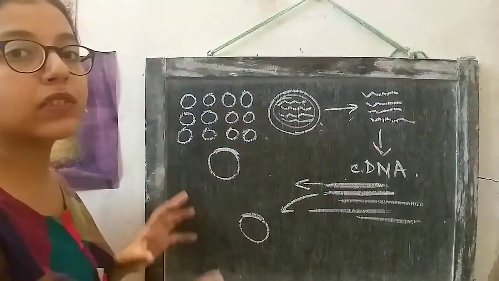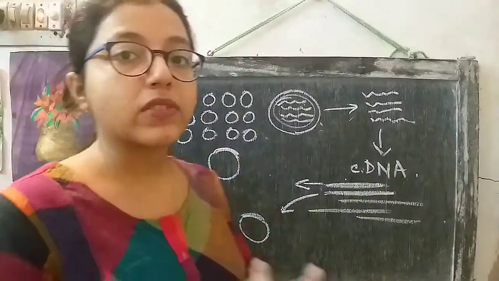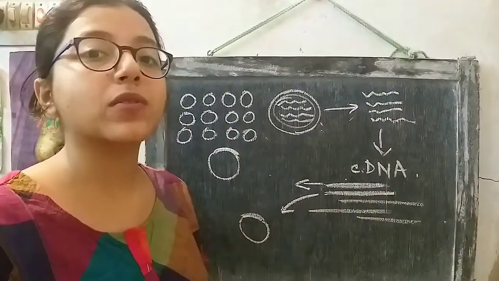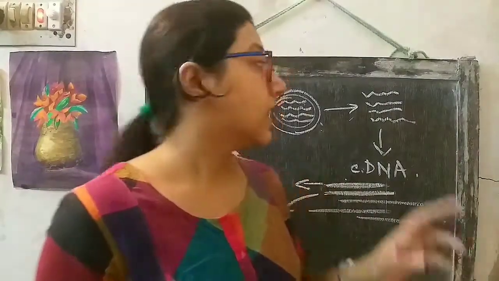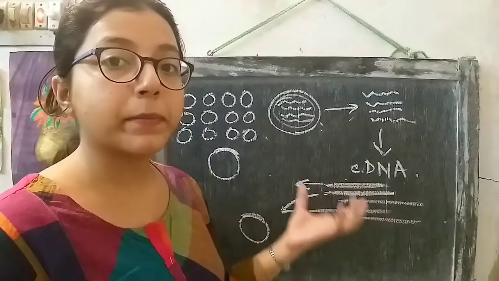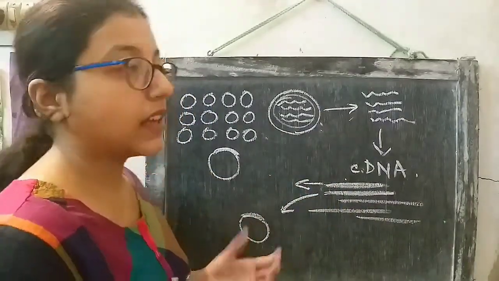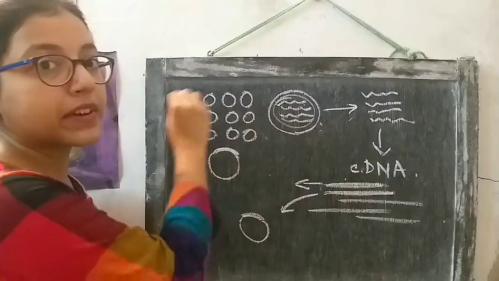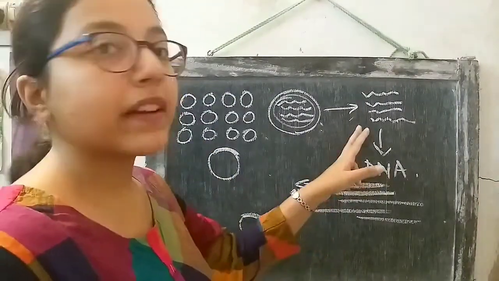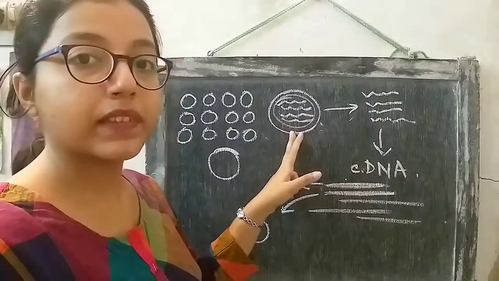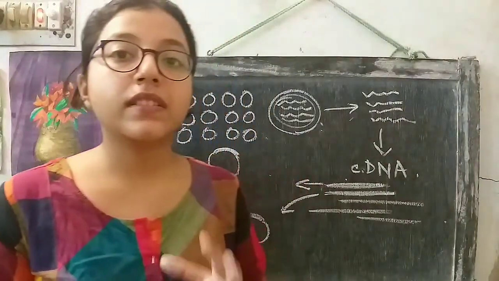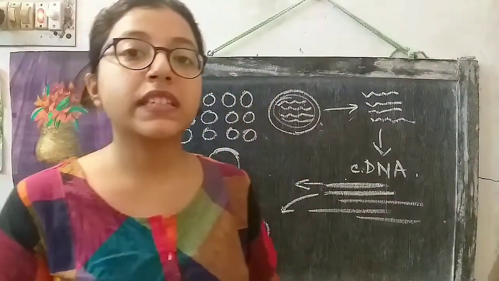So this is how the cDNA library is prepared. First of all, mRNA is extracted from the cell. Sets of mRNAs that contain thousands of mRNAs are extracted. They are converted into cDNA. All the cDNAs are separately cloned in separate plasmids and we get a library of plasmids that contains cDNAs that represent mRNAs expressed in this particular cell at that point of time when the mRNA is extracted. So this is the basic concept of cDNA library preparation.